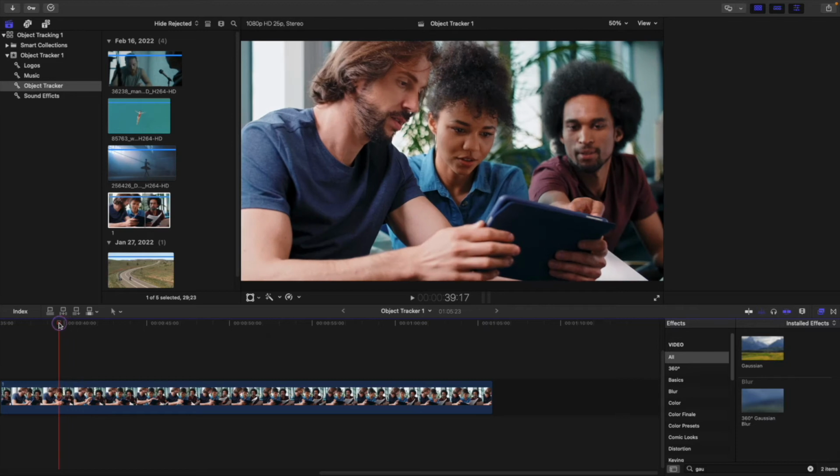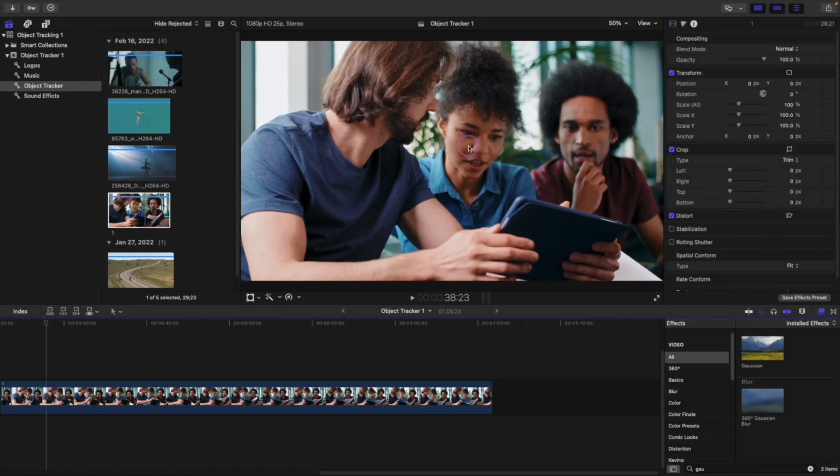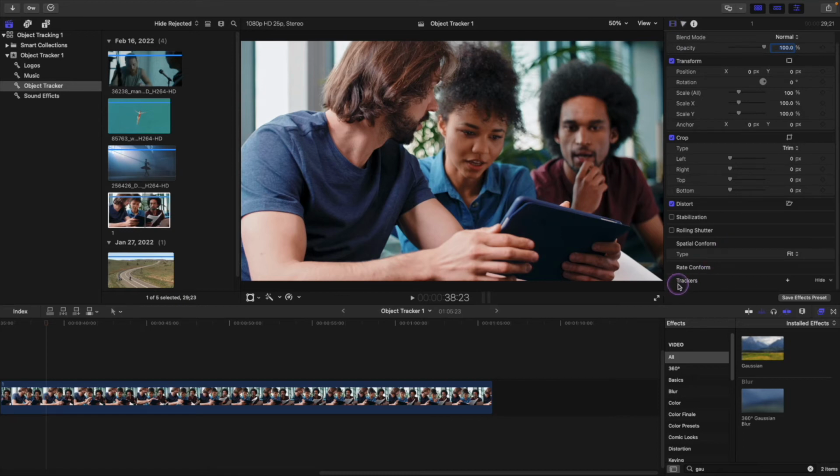This is how you blur faces with object tracking. So I'm going to find my object here. I'll pick the lady in the middle. I'll go to my film strip, scroll down under the new feature and function called Trackers. I'm going to click the plus sign, and this is what we're going to use to track our object here. So you can click the different points to conform to the actual shape of what you're tracking. So in this case, this lady's face,